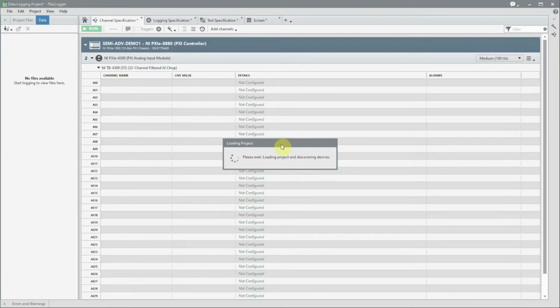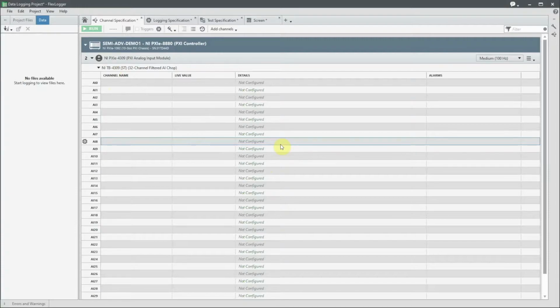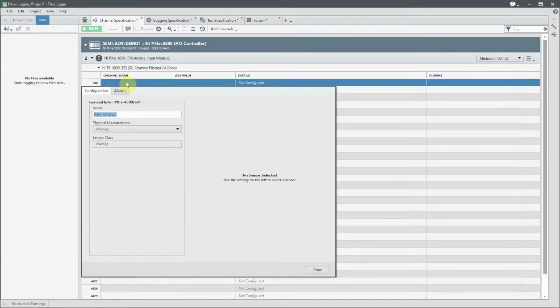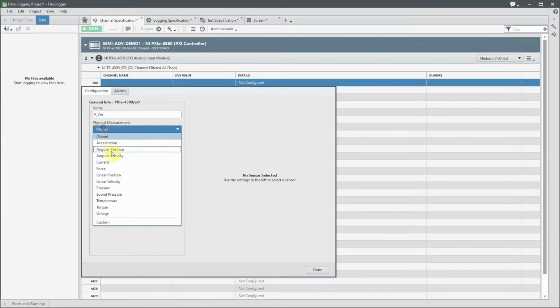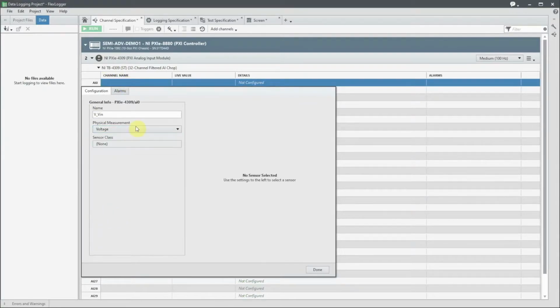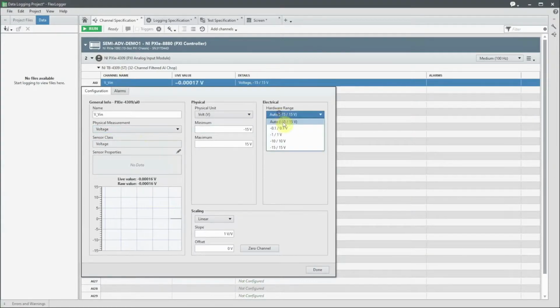Let's start in the Channel Specifications tab, where FlexLogger has already identified the PXI setup and the PXIe 4309 instrument. For this demonstration, I'm going to measure the power consumption of one power rail, which actually requires 2 measurements, a voltage measurement and a current measurement, and I'll use 2 separate measurement channels to perform those measurements. Let's set up the first one by renaming the channel, selecting the measurement type, removing any offset that may exist,